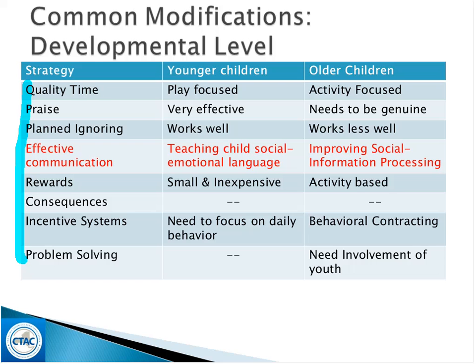So one important thing that I noted here in red is effective communication. For effective communication, there needs to be special attention paid to teaching young children social emotional language. So this is for little kids. Given that emotion regulation is a large part of what young children are learning, and disruptive behavior often involves the expression of emotion, helping children to A, identify the emotion they are experiencing, B, accurately label the emotion they are experiencing, and C, accurately express that they are feeling the emotion because of X is really important.